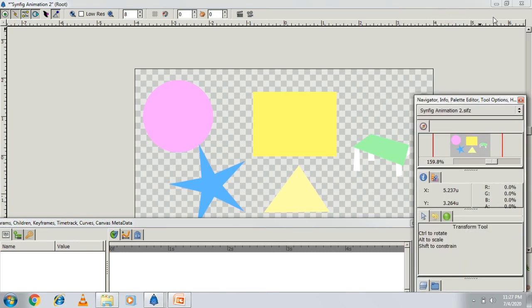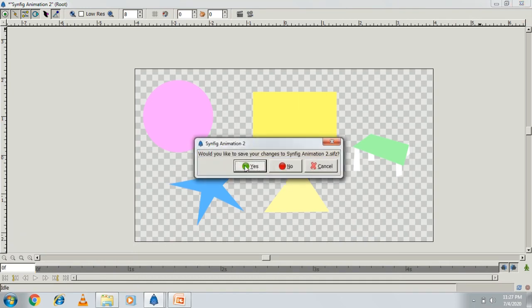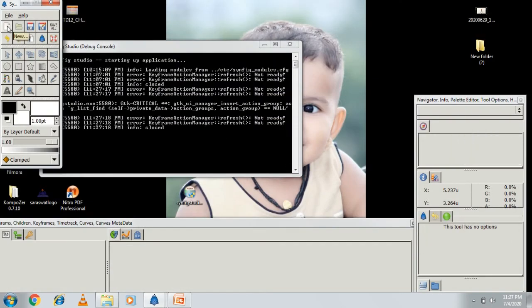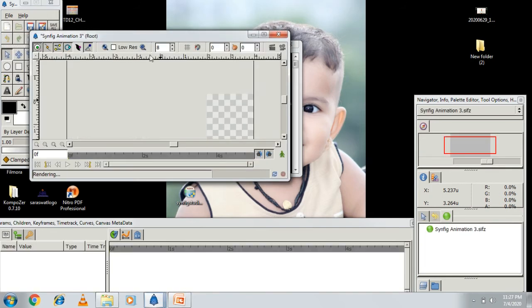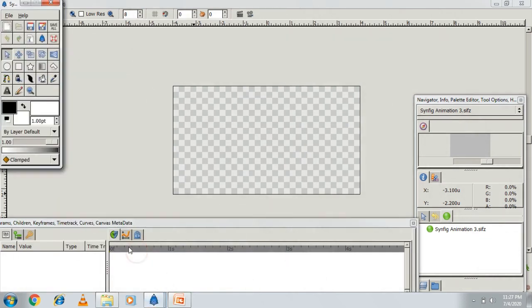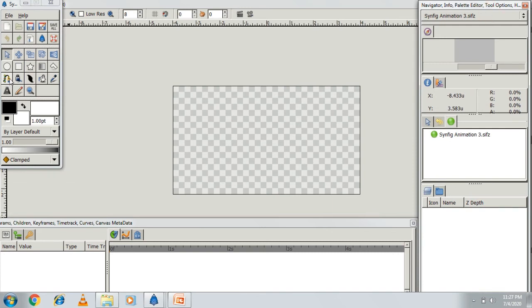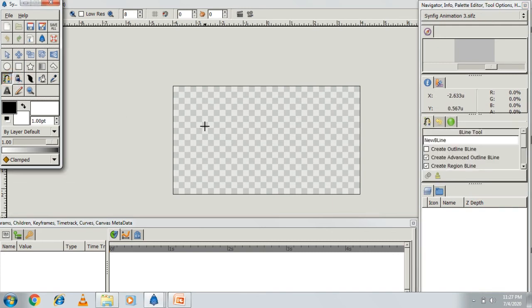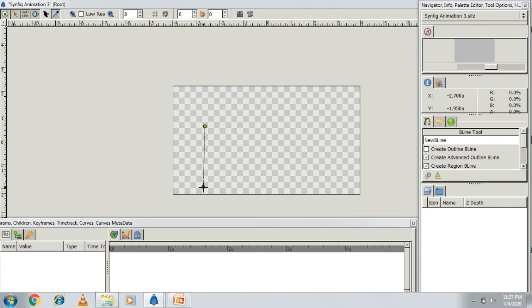What I will do, first I will close this canvas window. I don't want to save it, so I press no, and I want one more new window, so I will click on it. Here I want to draw using the beeline tool. I want to draw a candle here, so I click on the beeline tool, and here I'm drawing the candle